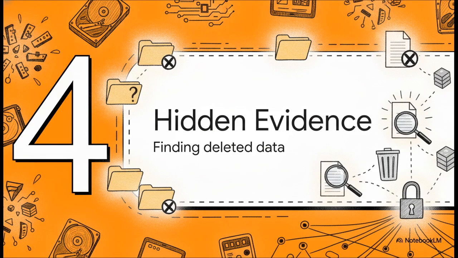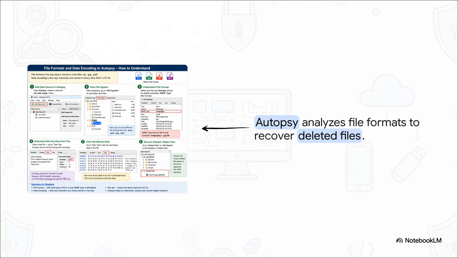Next up, Section 4, Recovering Hidden Digital Evidence, finding the data they try to delete. You know, suspects always think they can just hit delete or hide their files to destroy the evidence. But as forensic investigators, we definitely know better. When a file is deleted, the file system just removes its entry from the directory, essentially marking that physical space as available. But the actual ones and zeros, they're still sitting right there on the hard drive until they get